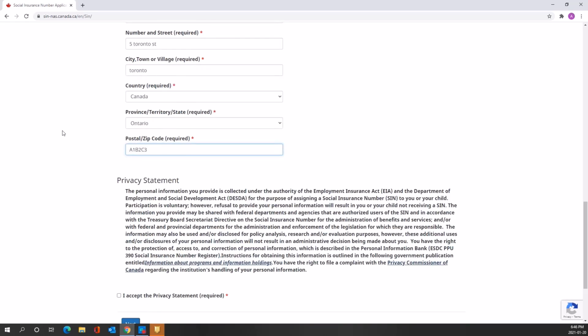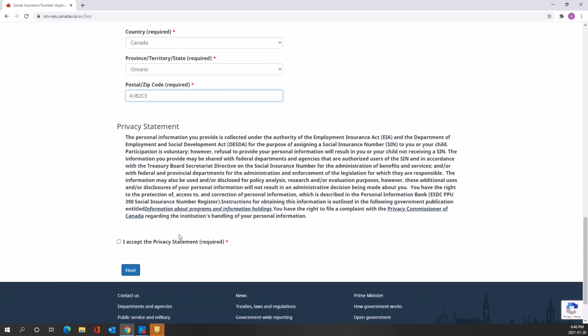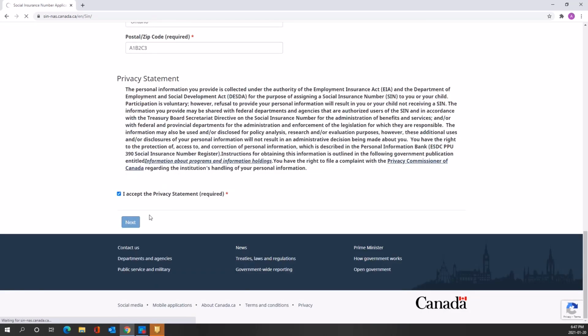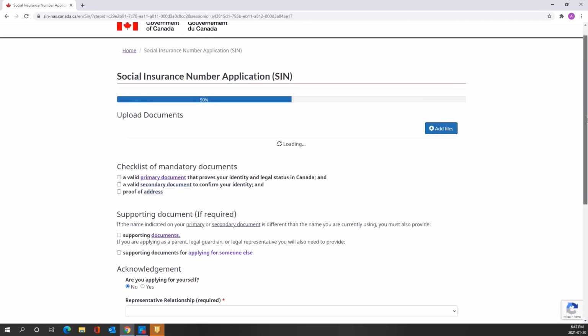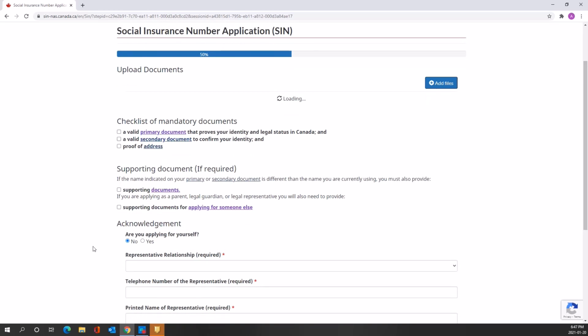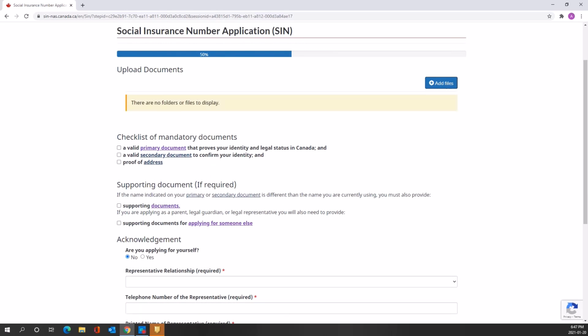Just confirm your address so that you don't make any mistake. Now accept and click on the next button. Now you will be redirected to the second page where you need to upload your documents. You have to upload your primary document, secondary document, and proof of